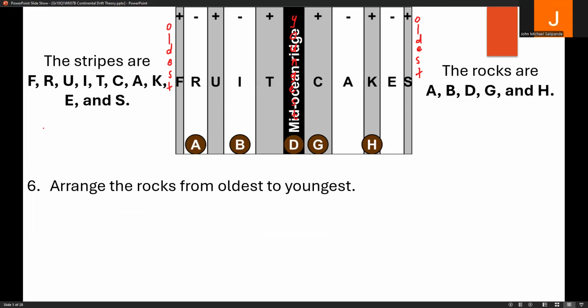All right. So as I mentioned, to answer this one in an easier manner, let's use a shortcut. So my shortcut version is that you transfer all the rocks to one position. Okay? And the preferred position is the left side, because on the left side, it is clear that the arrangement is from oldest to youngest. Okay? So because of that,